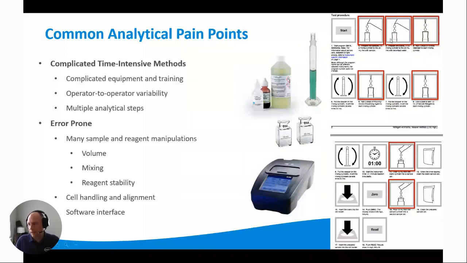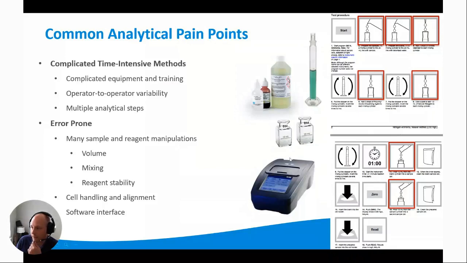And I didn't mention this, but in this traditional method, you actually have to do this entire procedure twice, because you have to measure a blank and then you have to measure the sample. So double all of these things in your head. There's addition of a reagent here, addition of reagent here, another reagent addition here, and all of these are opportunities for adding the wrong reagent, adding the wrong volume of reagent, and anything like that will cause an error in the result.